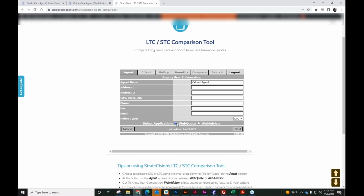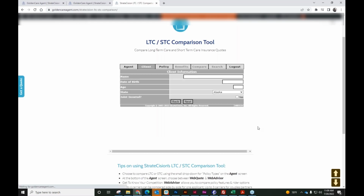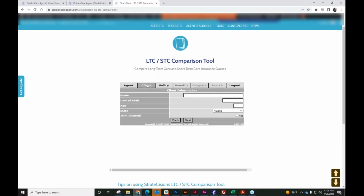And usually the default that is marked here, selecting the application, is going to allow you to run those pricing quotes and to enter benefits. So it defaults there, but I will cover the web advisor section after a bit. So like I said, this is the least amount of information that you would need to progress through the tool. And as you move through, you'll see that you're actually moving through the tabs along the top. So the second screen is where you would enter your